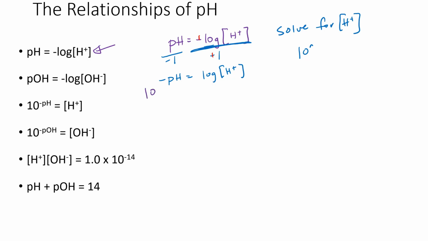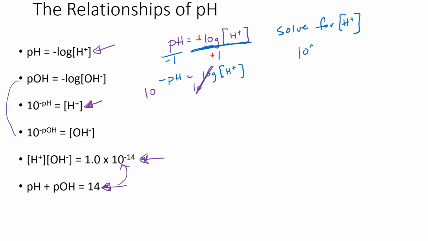So I'm going to use 10 to the power on both sides. Now that cancels out log. So I have 10 to the negative pH is equal to the H, and that's where that equation comes from. And so these two equations, pOH is the negative log of the OH, and then 10 to the negative pOH is the hydroxide concentration. This was from an earlier video, and this equation is derived directly from this. And I'm not going to show you how that's obtained,